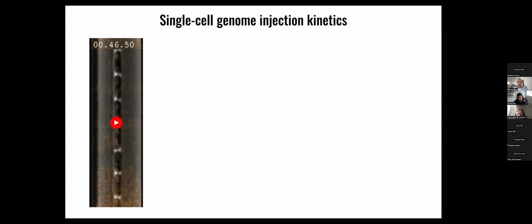Now, we wanted to go back to time zero, like what happens when the actual process starts. So what we did is we labeled phages with a DNA binding dye. If we soak the phages in a DNA binding dye, the dye gets into the phages and coats the DNA, and so every phage becomes bright orange. With that, we can see exactly when a phage lands on a bacteria, and we can also follow the genome injection process. So here in the movie, we're going to see a phage land on the second cell.